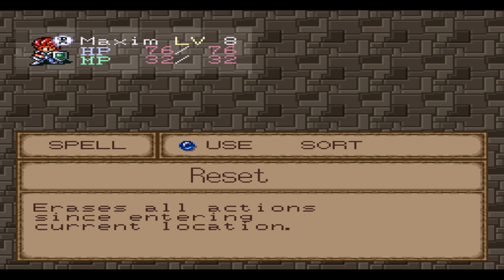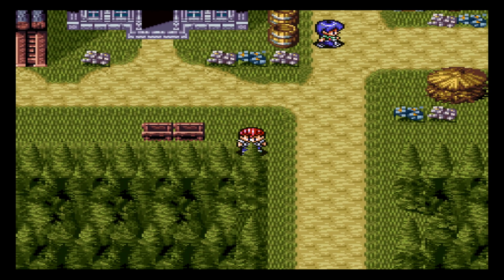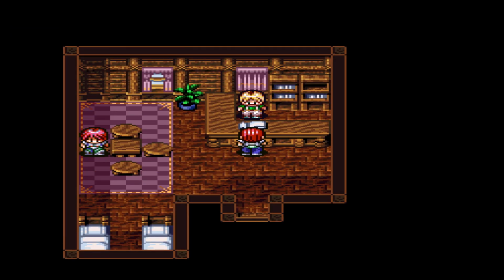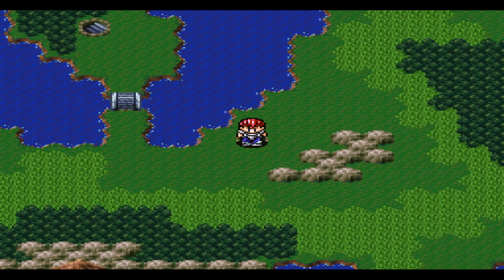So, strong heals, reset is that. Poison is an antidote, which I must still apparently not heal. Then I can self-heal. Gonna just heal up since I use a spell. Oh, that's right. Revival and poison must be...